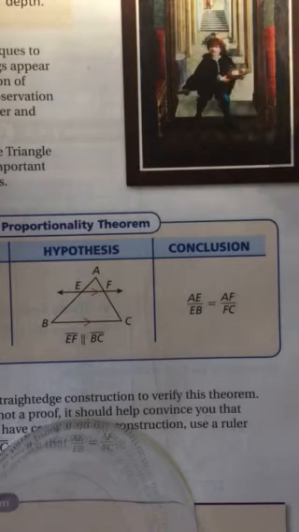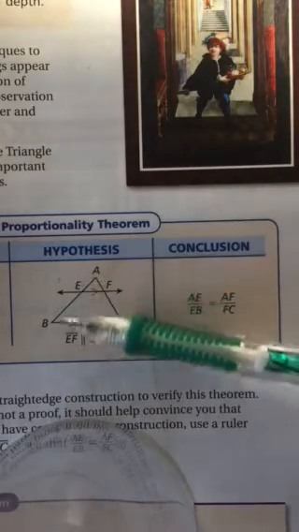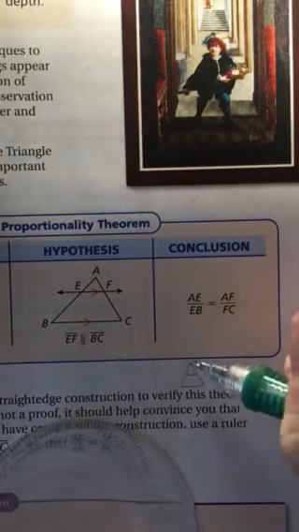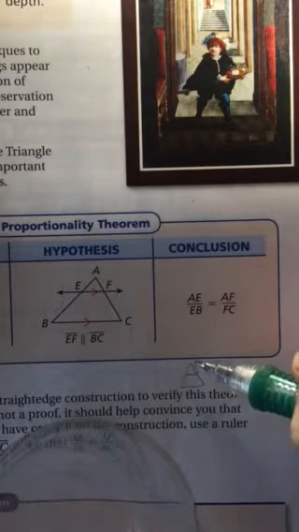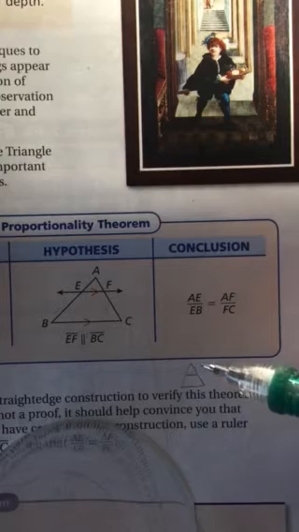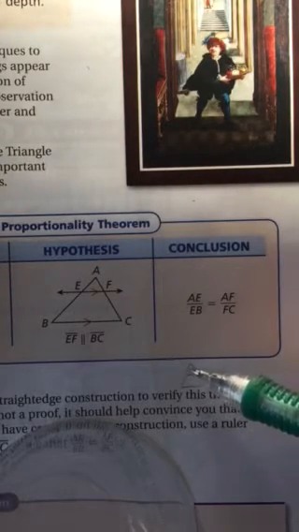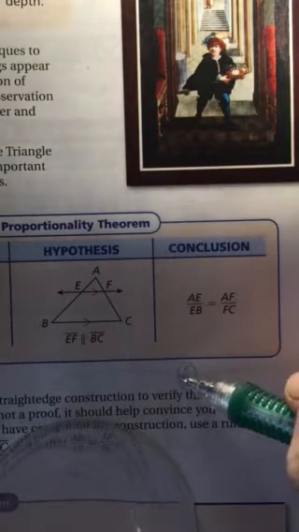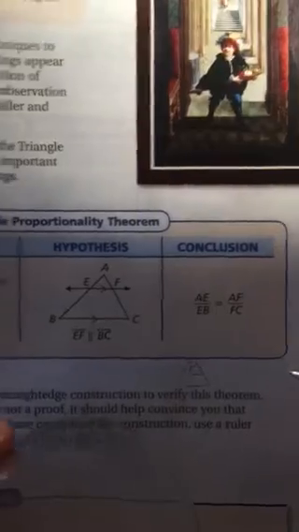Now, one thing I want to point out that's going to be important as we move forward in your homework, but especially on the test, is that you don't confuse this with the times that we are comparing two triangles that look like this, where we have the top triangle and then the large triangle. So we have the small triangle and the large triangle. That is different because then we're having to compare the sides of the triangles, the small side to the large side. This is different. This theorem is telling us